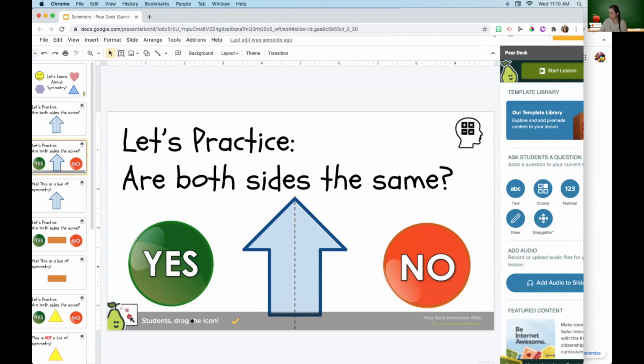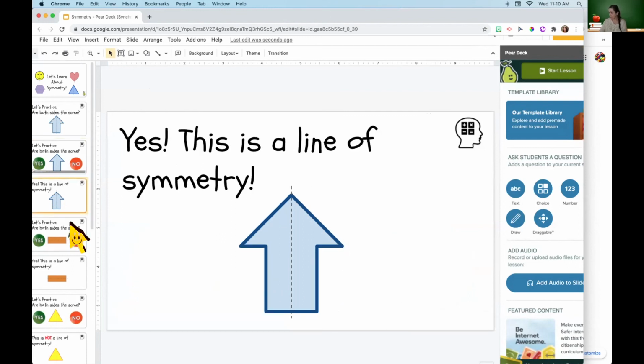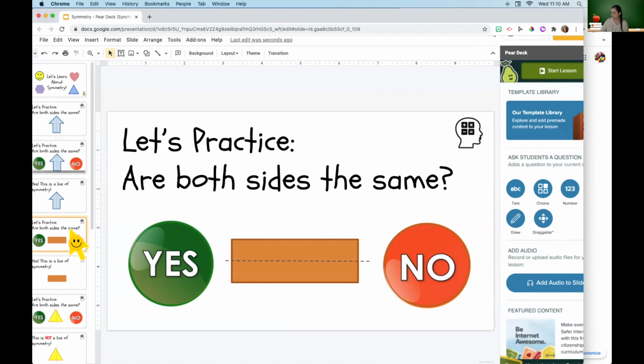Awesome. Once I've put this Pear Deck in here, I don't want to take out the bar because that's where the magic of Pear Deck happens. So when the students get this, and when you see the student version a bit, you'll notice that the kids can drag a check mark over. Now continue on, and I'm going to repeat this, right? Doing things similarly means that students can become familiar with the process. So I'm going to do the exact